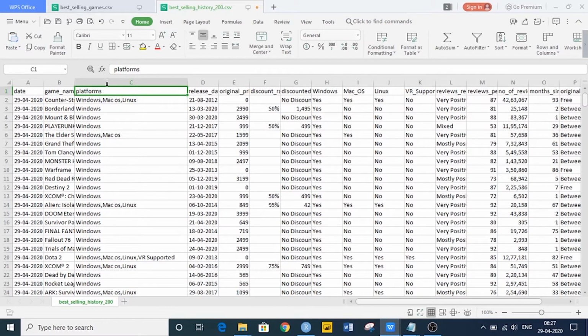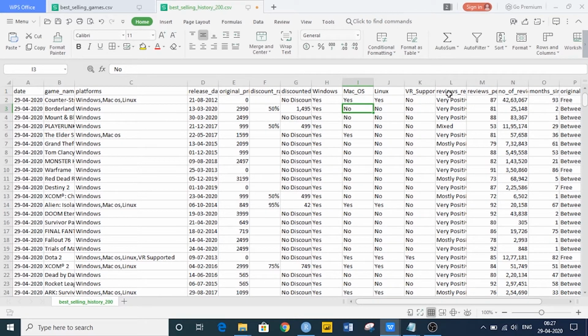For example, the platform column contains this kind of data. So it is split into four columns: Windows, Mac OS, Linux, and VR supported. These four columns describe whether the game supports the particular operating system, yes or no. That is what we have got from these four columns.